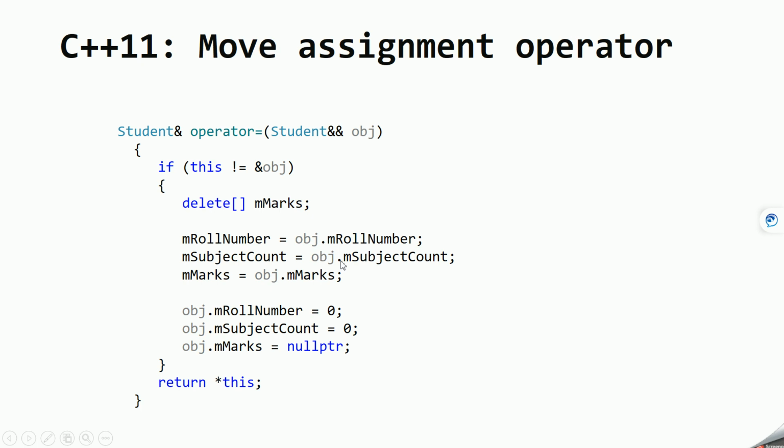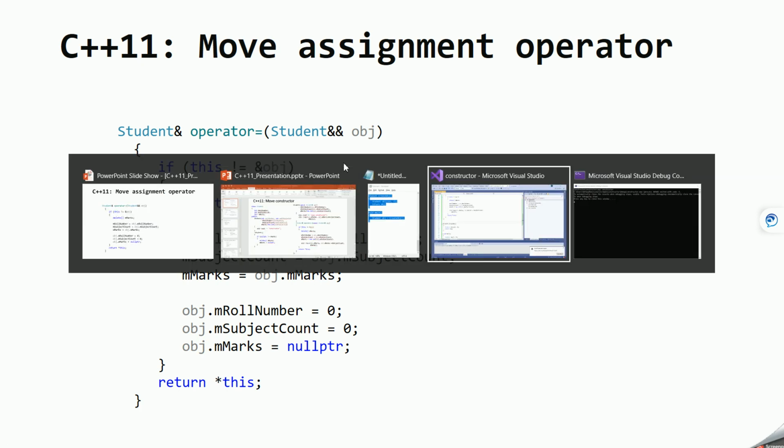And you have to make the temporary object's members point to the default value, that is 0 in case of integer and null pointer in case of pointer. So with the help of the move assignment operator, you are able to avoid the extra memory allocation. Okay, so now let's see by running the program how this works.